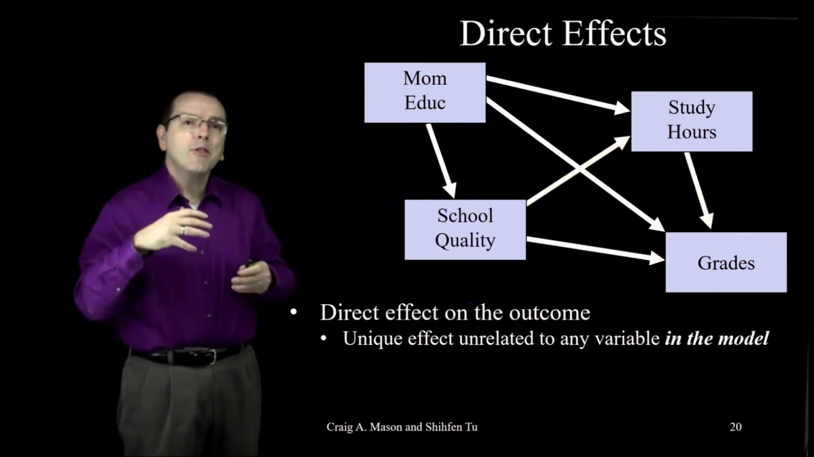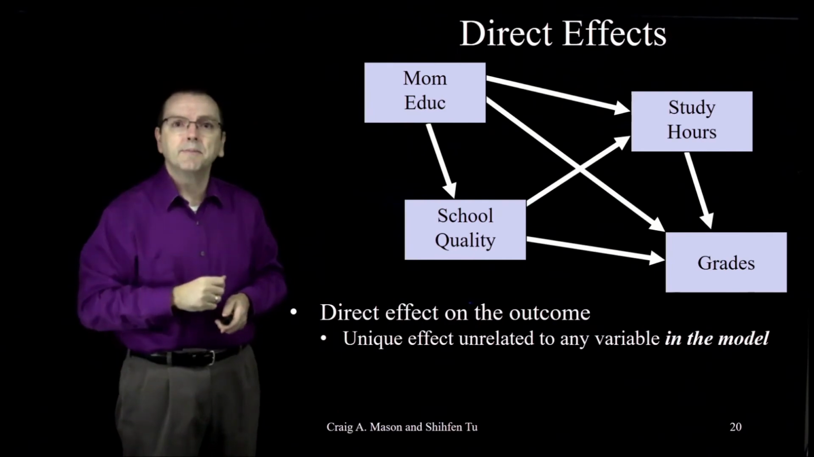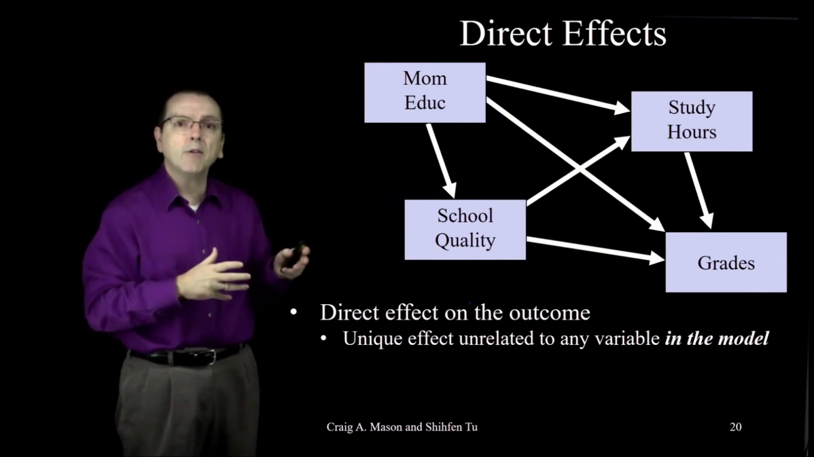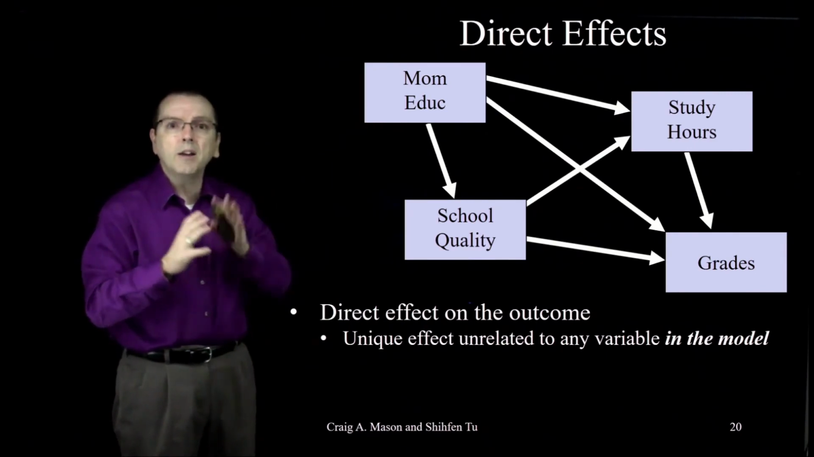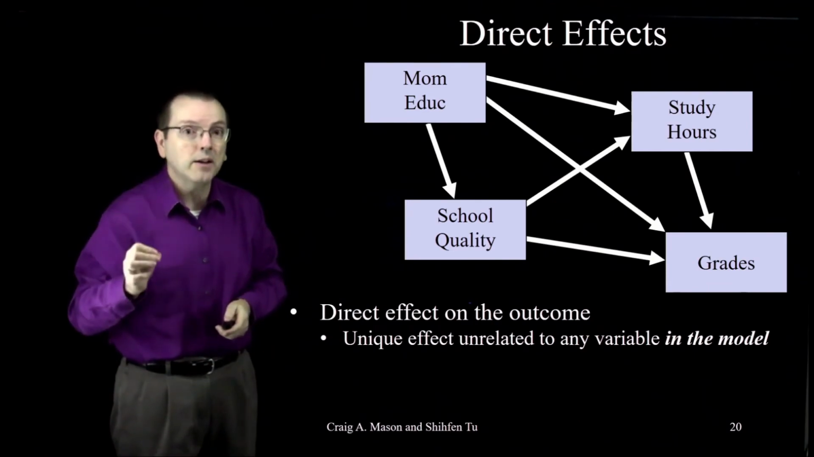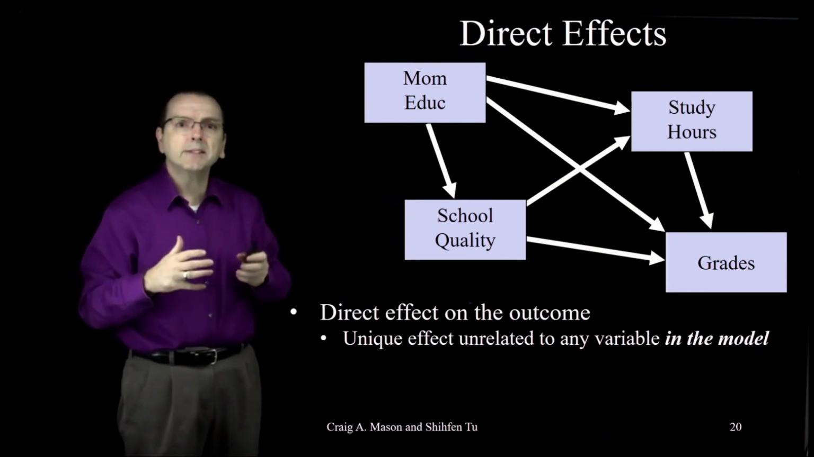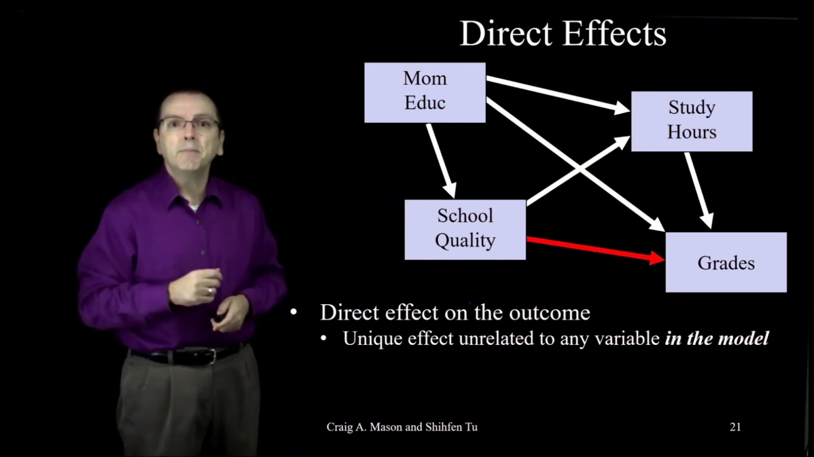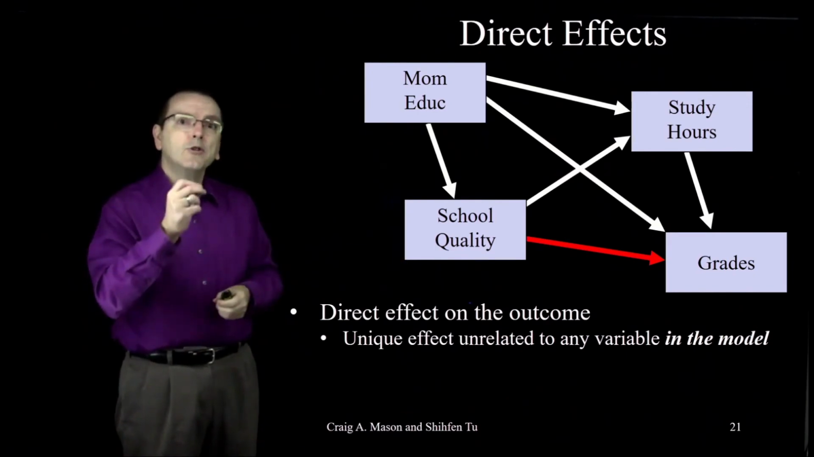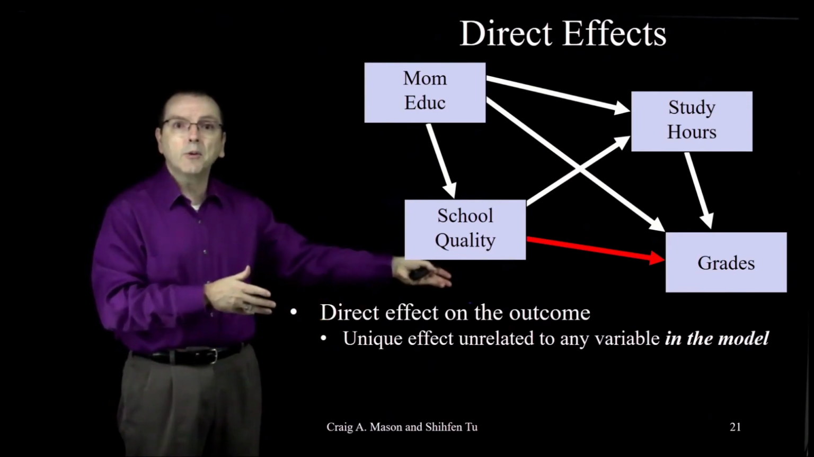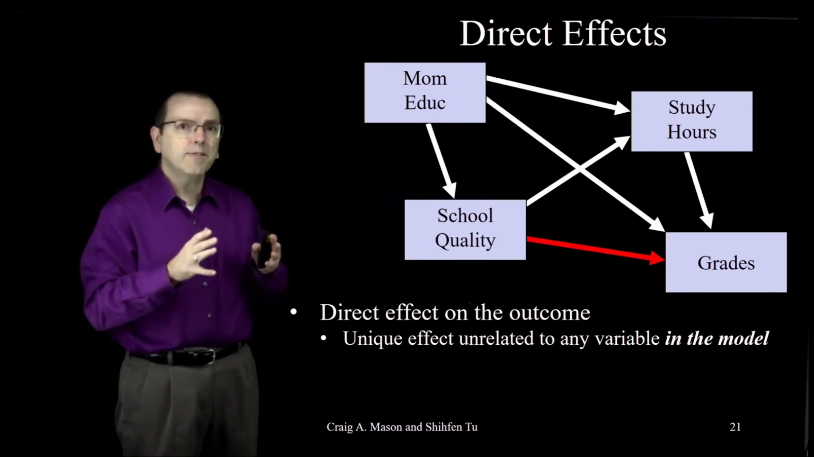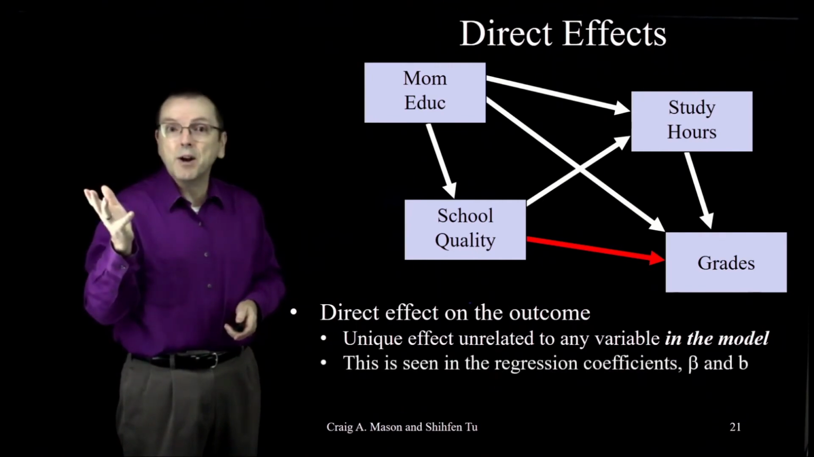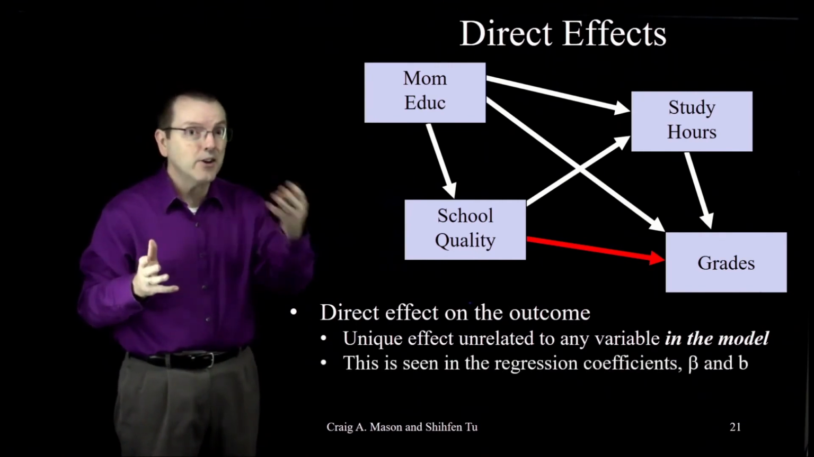Now, then there are also what are called direct effects. Direct effects reflect the unique effect that a predictor has on the outcome that's unrelated to all of the other variables in our model. It's the effect that a variable has controlling for all of the other variables in the model. For example, this red path reflects the direct effect of school quality on grades. The direct effect, again, that red path, is what's measured by the unstandardized regression coefficient and the standardized regression coefficient,